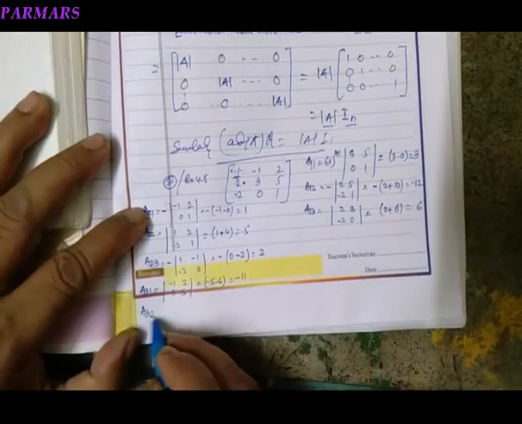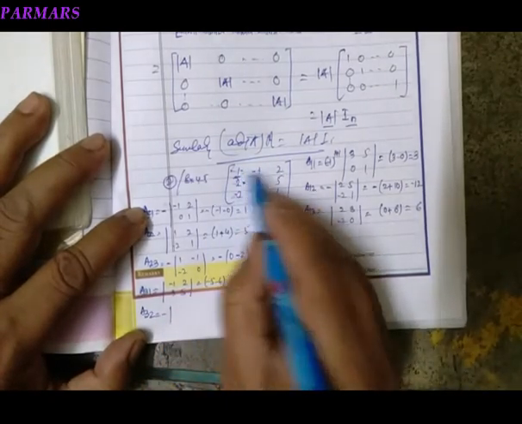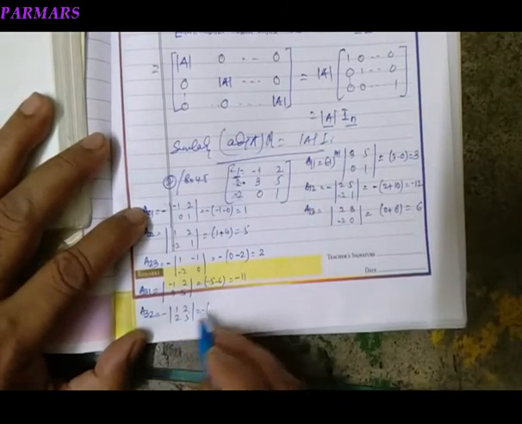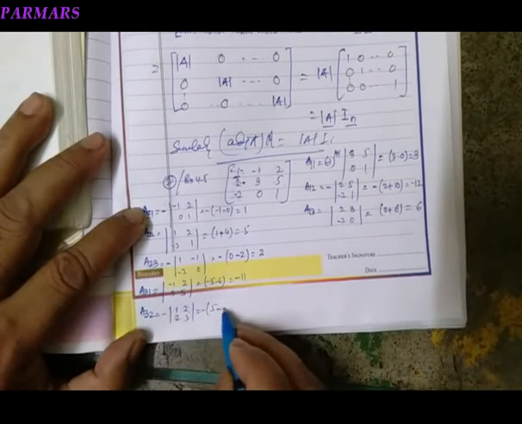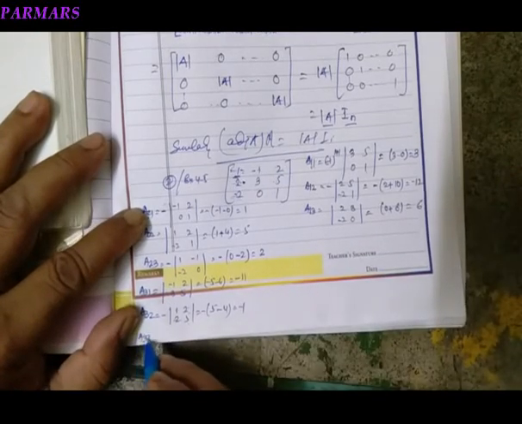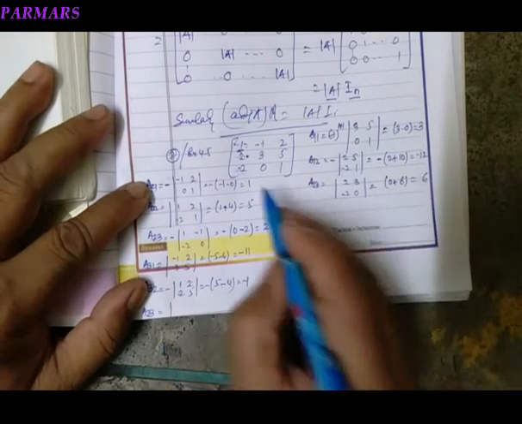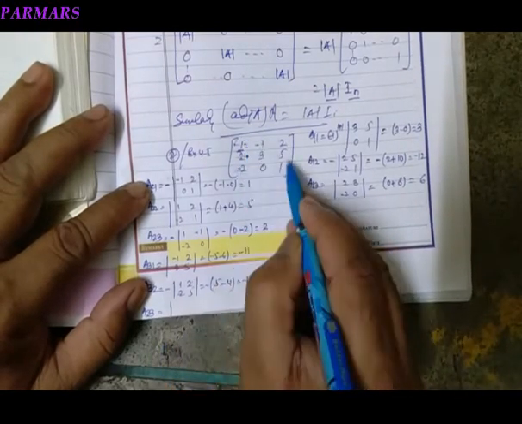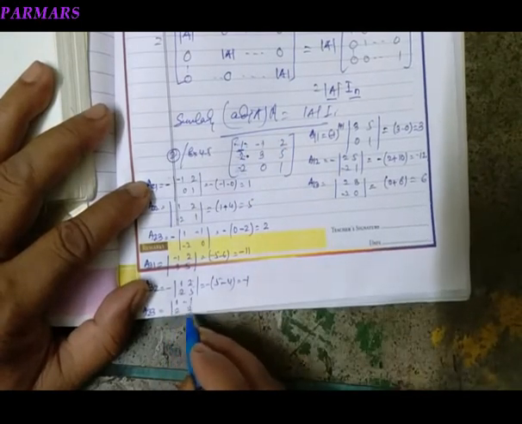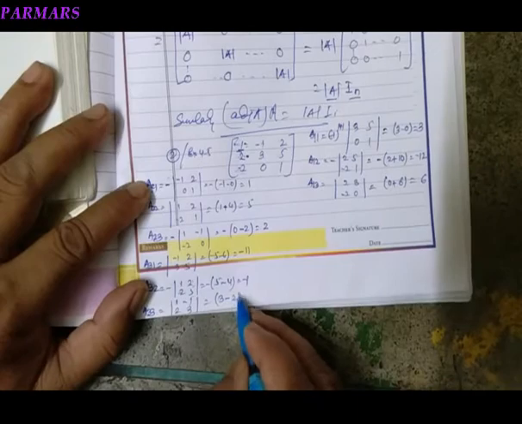What is A32? This is sum of these two is odd, so negative. थर्ड रो एंड सेकेंड कॉलम हटाइए, 1 2 2 5. इट इज माइनस 1 इंटू 5 5, माइनस 2 इंटू 2 4, 5 माइनस 4 1, माइनस, सो माइनस 1. A32 आ गया. लास्ट में आ जाओ A33. सम है इवन, सो प्लस होगा. थर्ड रो और थर्ड कॉलम को हटाइए. 1 minus 1 2 3. What do we get? 1 3 are 3, a minus plus 2, that is 1.